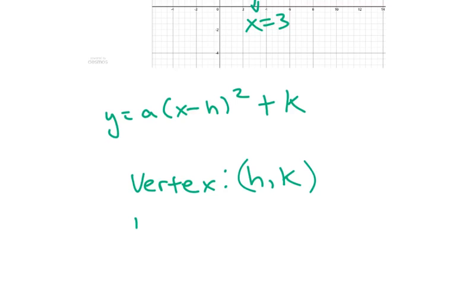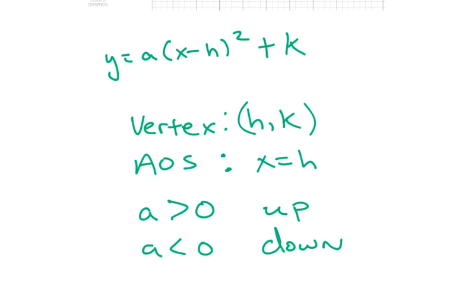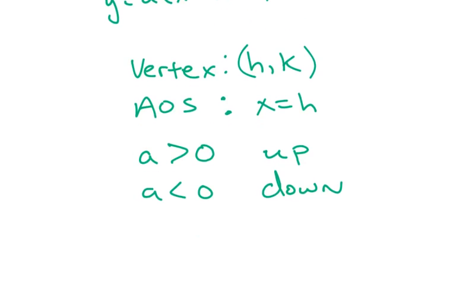And the axis of symmetry is always going to be x equals h, right? Should make sense. We also know that if a is positive, if a is greater than 0, then the function is going to be opening up, and if a is less than 0 or negative, it's opening down, right? The domain, we say the domain is always negative infinity to infinity, and then the range is going to